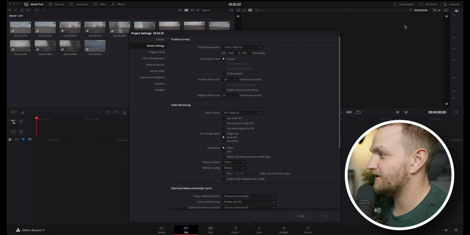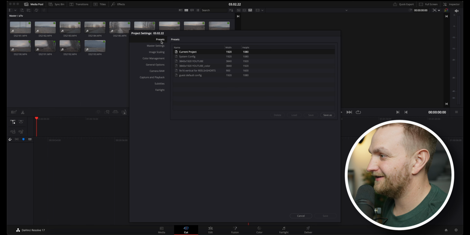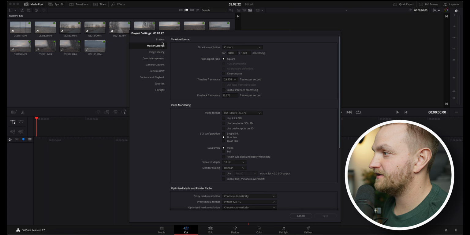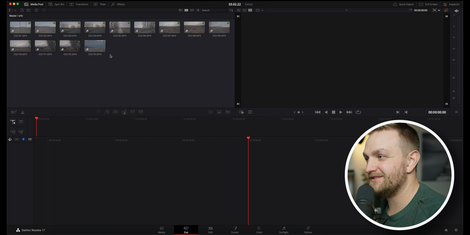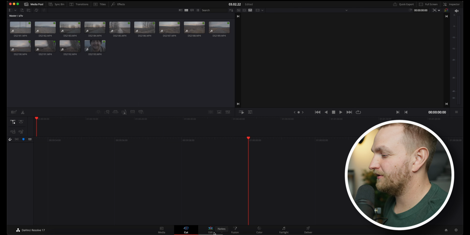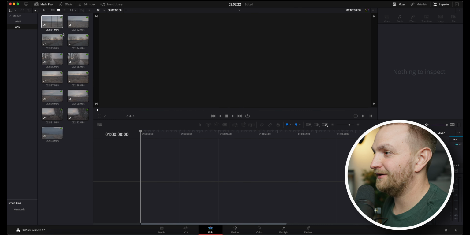under custom project settings. Now what I've done in the presets is created presets that I like to use, but I'm just gonna load in my presets. If you don't have presets, DaVinci Resolve has some presets for you, but this is my preset. This is what I like to edit in. This is my preset for my preferred YouTube project settings. So now that we're in, we're gonna head on over to the edit tab and we're gonna start chopping this